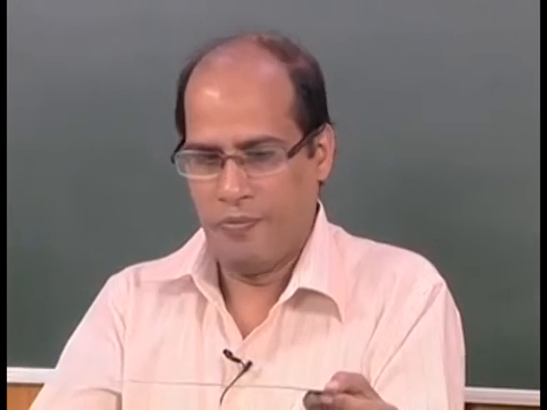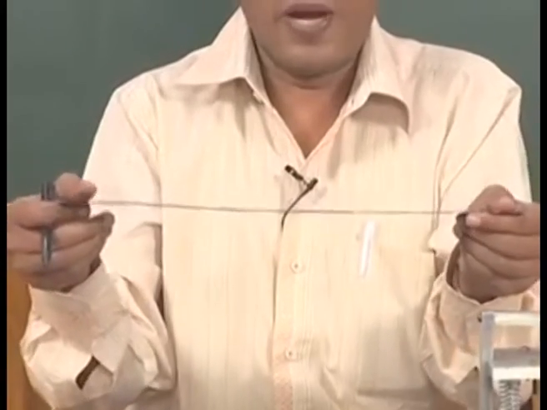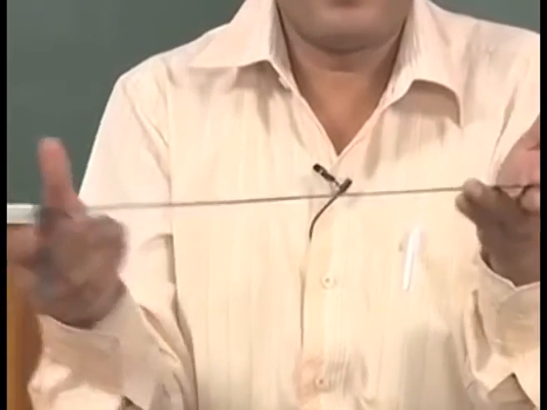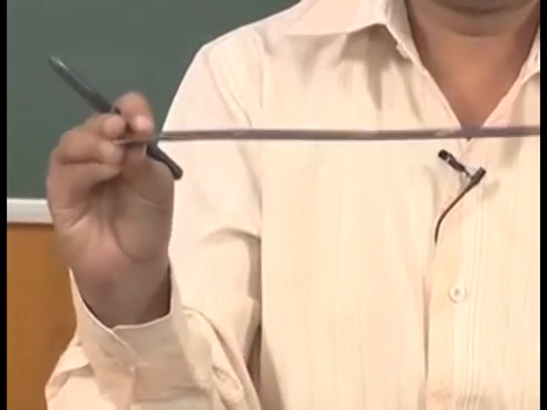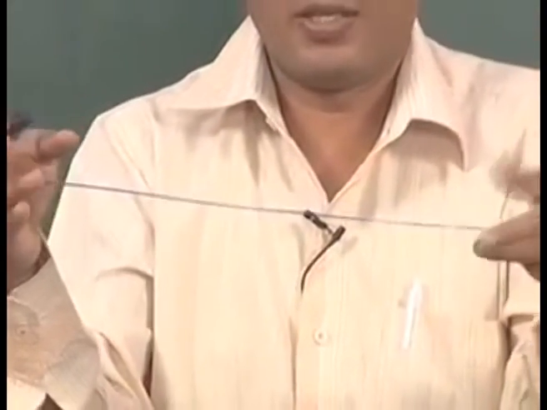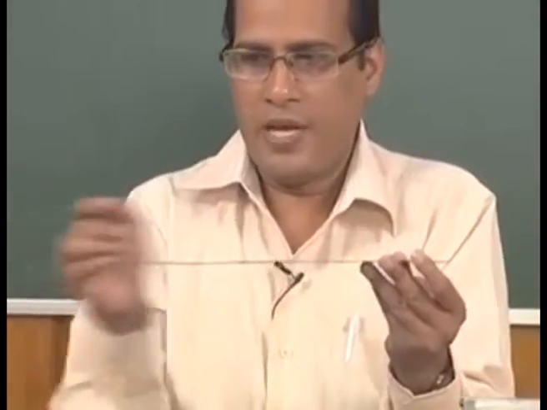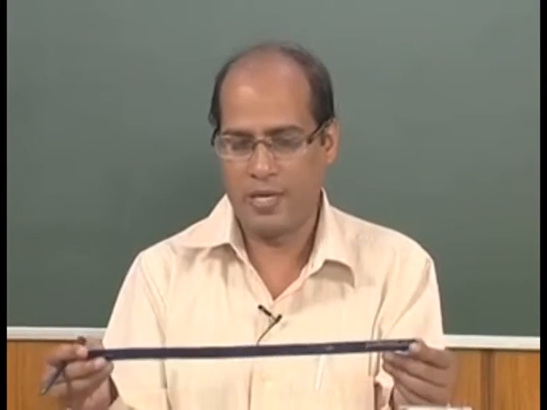Similarly, you can have a continuous system. So, this is a continuous system. This is an aluminum beam or aluminum panel. It can be considered with different boundary conditions. So, you can fix one end. In case you are fixing this end, this is a cantilever beam. You can make it a simply supported beam by supporting at these two ends. Also, you can make it fixed by fixing at these two ends. So, this system can be considered as a continuation of an infinite number of springs and masses. That is why this is a distributed mass system.